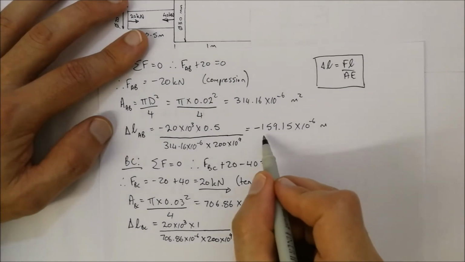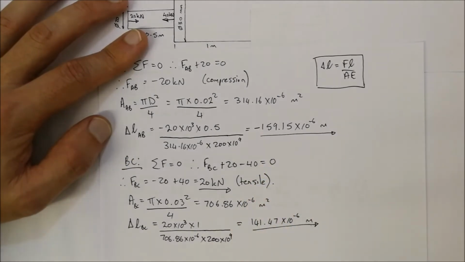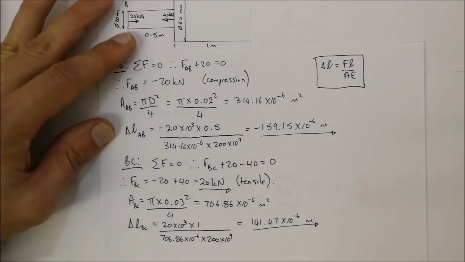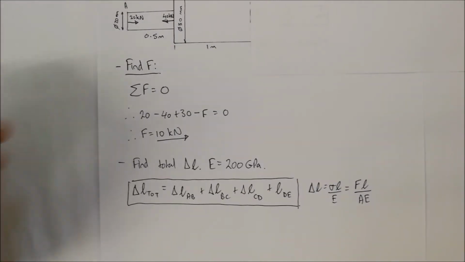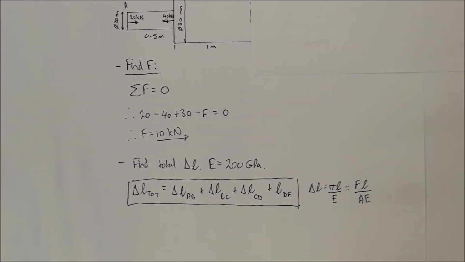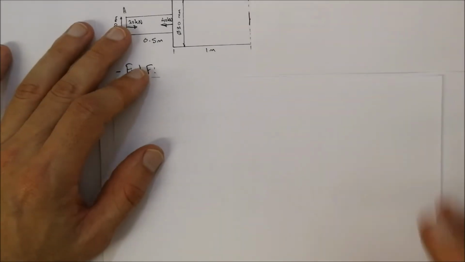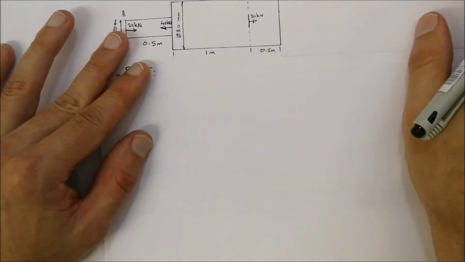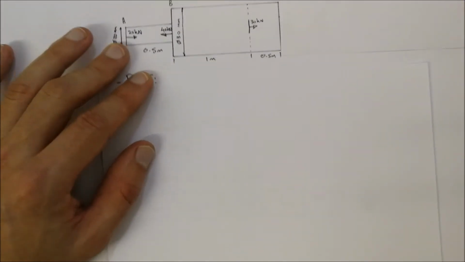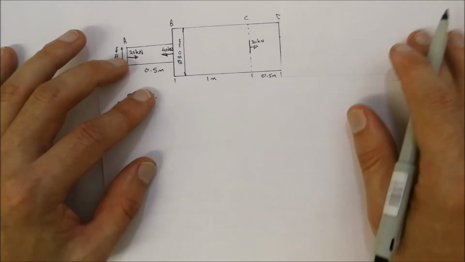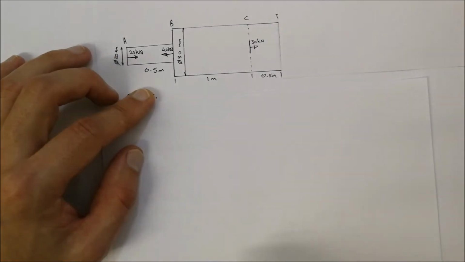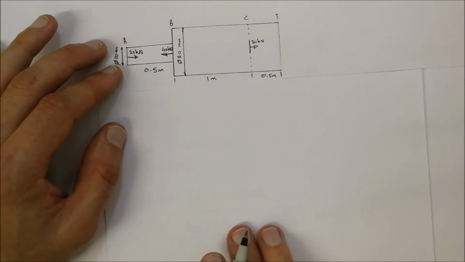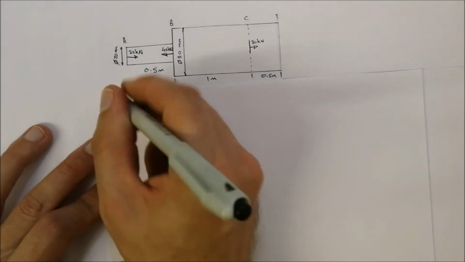Now I'm going to underline these just so it's easier for me to identify and track later on. Right, now that we've done that, let's have a look at our next section, which will be CD. With CD, I'm covering up from D towards the right, and we're looking at everything on the left of it. So for CD,